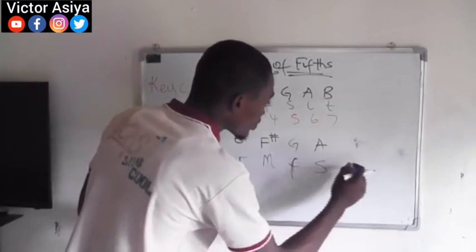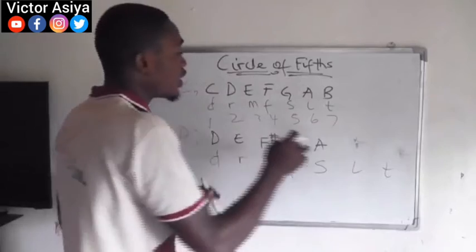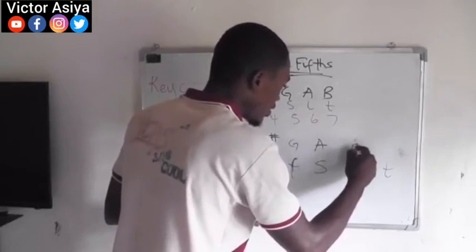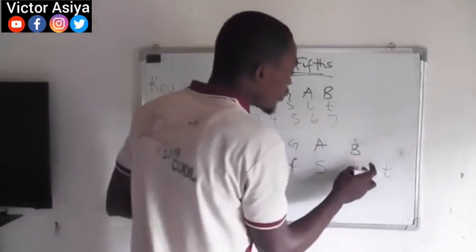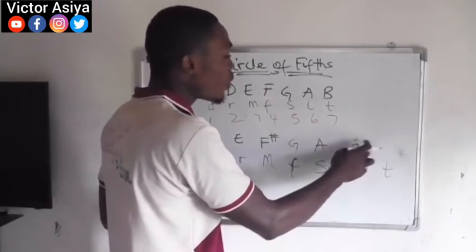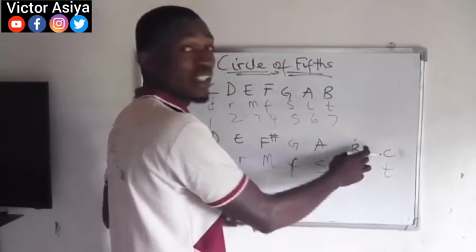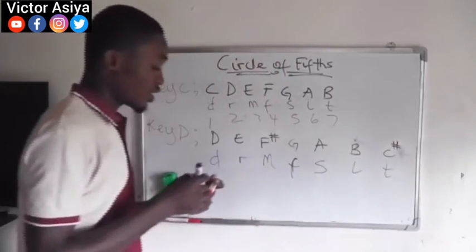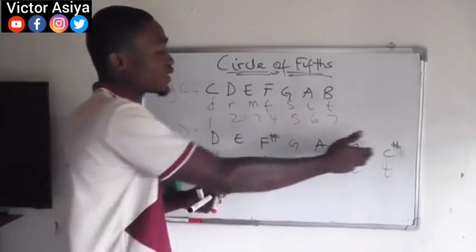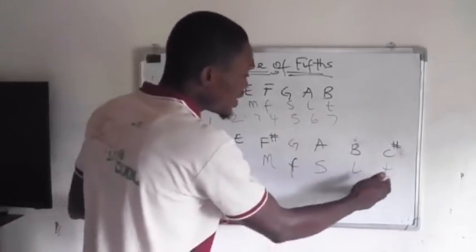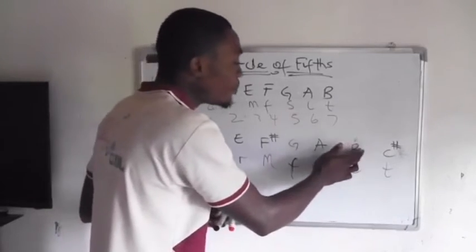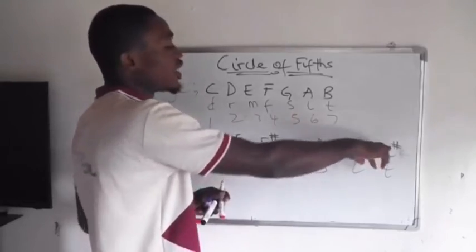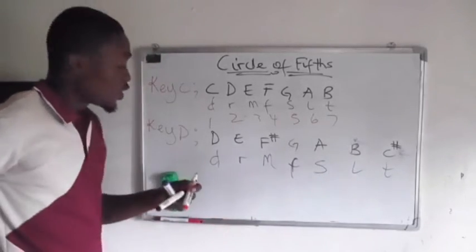So this is going to be sol, la, ti. Then from sol to la is a tone. So A to B is a tone, right? Yes. From A to B is a tone. But from la to ti is a tone. But from B to C is a semitone. So actually this is going to be C sharp. I don't know if you get me. This is actually going to be C sharp. So from la to ti is a tone. So that means from this key to the next is going to be a tone. It's not going to be C anymore. It's going to be C sharp.